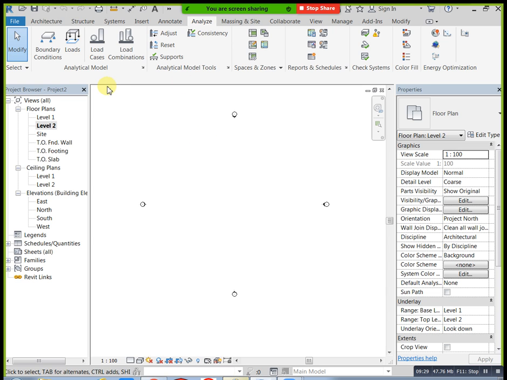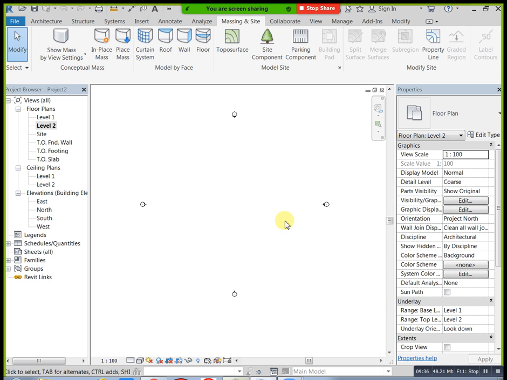Okay, next you will go to the massing on site. Massing on site means, for example, if you need to create any type of buildings, like some twisted buildings, some curved buildings, that type of situation you can use massing on site. Structure is straight, but in our building, looking from the exterior, we can see it curved, or any other shape.